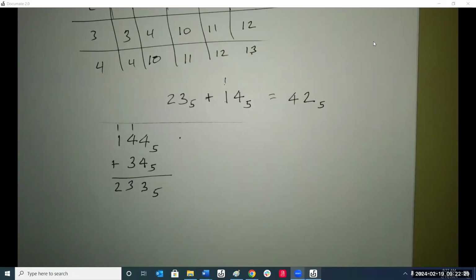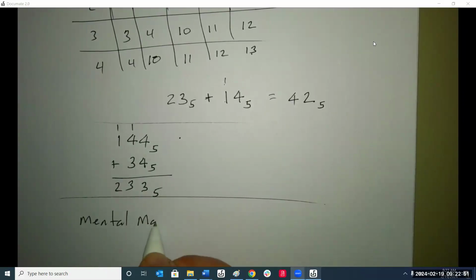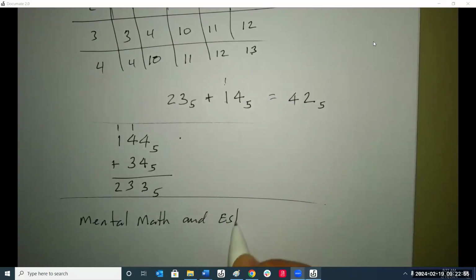All right, so that's the way we do addition in any other base system. We'll talk about base 2 next time. So again, and also for mental math and estimation,